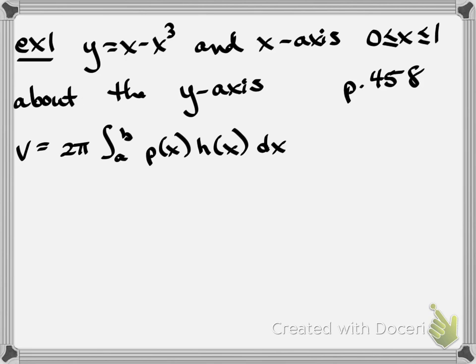So we have a graph on page 458. I'm not going to try to graph it because I need all my room. So it's 2 pi. a and b are x values, so it's from 0 to 1. p of x is the outer radius. No, it's the average radius. So the average radius